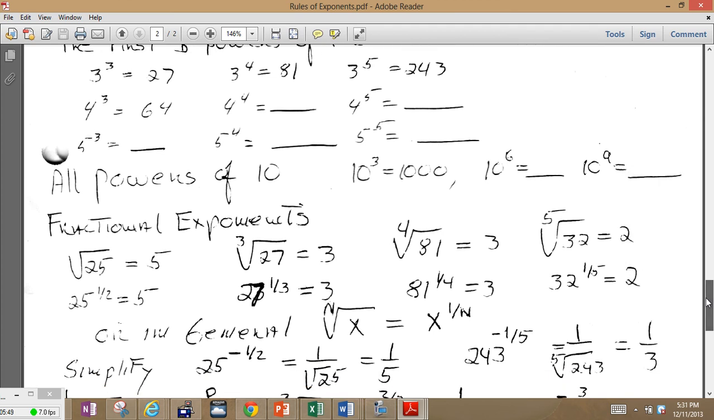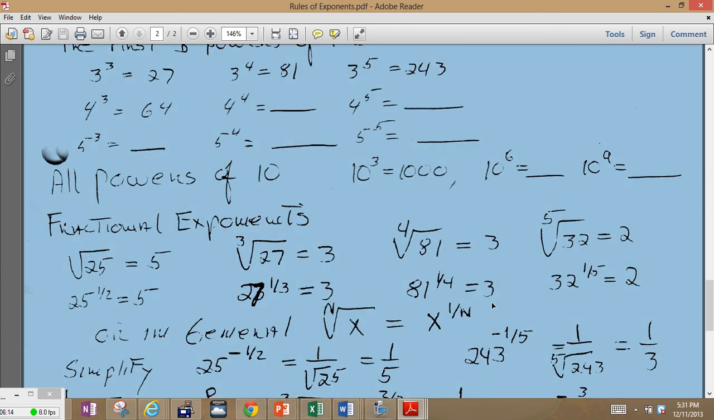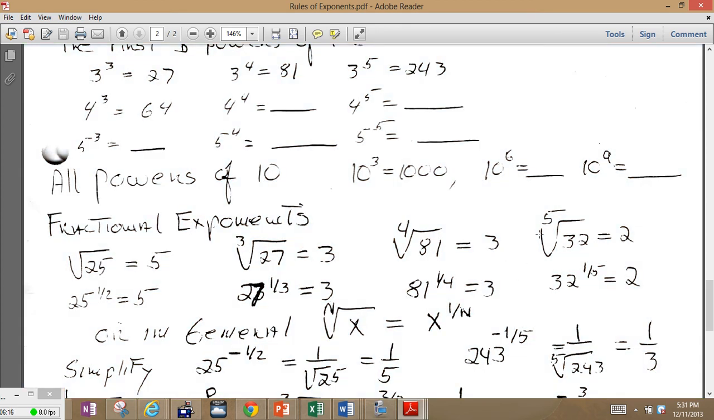Fractional exponents, okay, are roots. Square root of 25, otherwise known as 5, is 25 to the 1/2 power. Okay, the cube root of 27 is 27 to the 1/3, which of course becomes 3. The fourth root of 81 is 81 to the 1/4, which is of course the square root of the square root of 81 if you want, which simplifies to 3. Okay, the fifth root of 32 we should recognize as 2, because 2 to the 5th is 32. Okay,